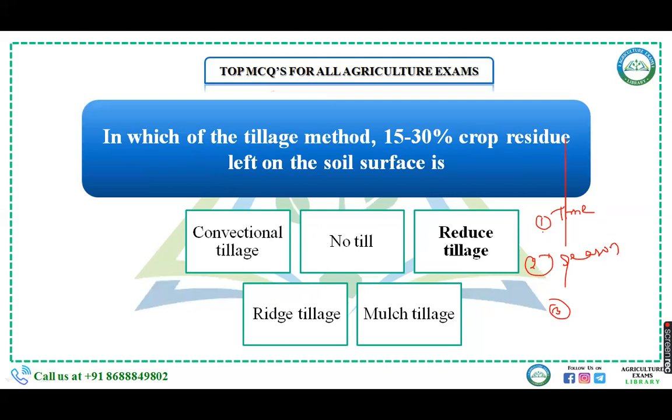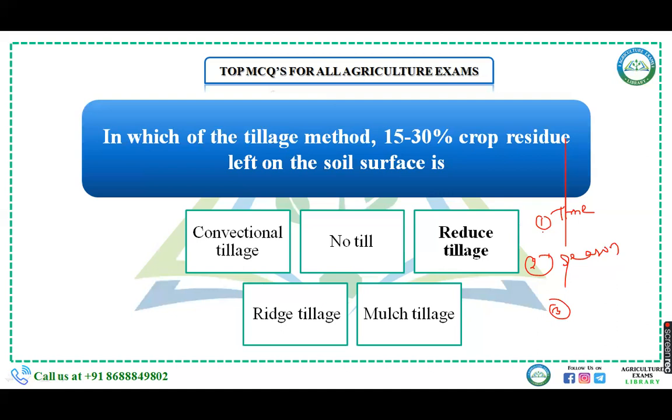In preparatory cultivation, you will have primary tillage, secondary tillage, layout of seed bed. And the after cultivation includes thinning, gapping, weeding, hoeing, earthing up. Next, depending on the season, there is on season and off season. On season, again, you have preparatory tillage and after cultivation. Off season, you can call it fallow tillage, in which you study summer tillage and winter tillage. Again, under modern farming, you have zero tillage.